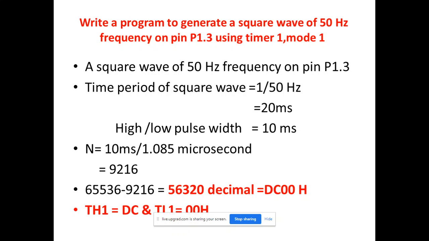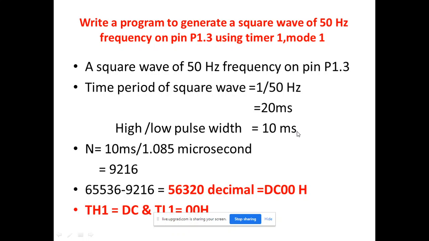But a square wave has two parts, a high pulse and a low pulse. The combination of these two creates the square wave. Here the desired time is half of either the positive cycle or the negative cycle, and that's why it is 10 millisecond. It remains high for 10 millisecond, and for 10 millisecond it becomes low, and in this fashion we create a square wave of 20 millisecond whose frequency is 50 Hertz. All of you agree with this point? So our desired time is 10 millisecond.